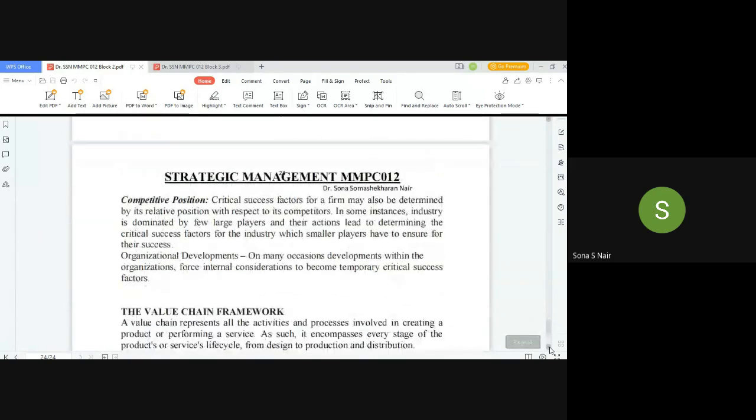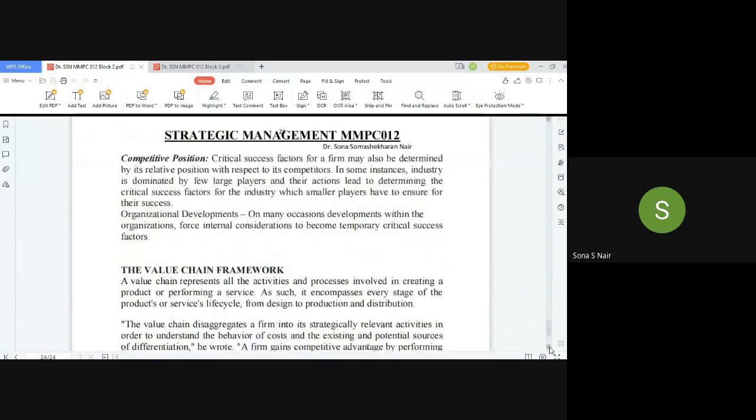Now, going a step further, there was something which I think Grace or Farida wanted to understand, which is the concept of a value chain. So, when we are doing internal analysis, what are the tools that we are using? We are using the same tools which possibly are used, some of the tools are used for the external analysis also, to understand what are the strengths and weaknesses of the organization, to understand what are our core competencies, to understand whether we are able to meet the critical success factors which are important for being able to survive in the industry. All that is a part of internal analysis.